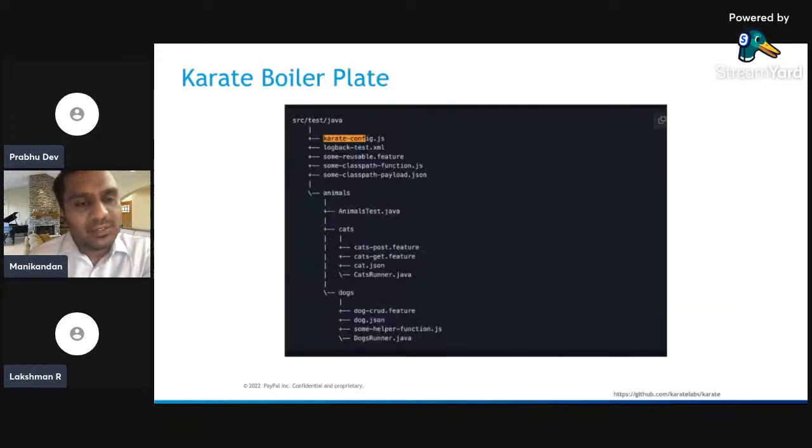Let's move to the next slide. This is the Karate boilerplate, how it will look. Karate has embedded JS. Suppose as a QA we want to validate in different environments, or execute our tests in an environment-agnostic way.